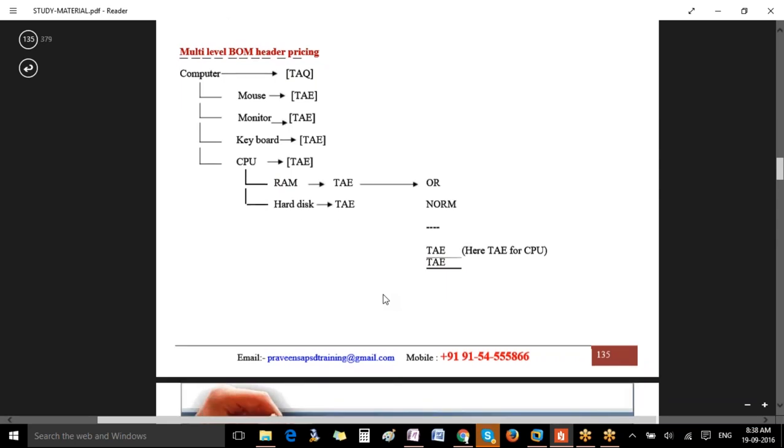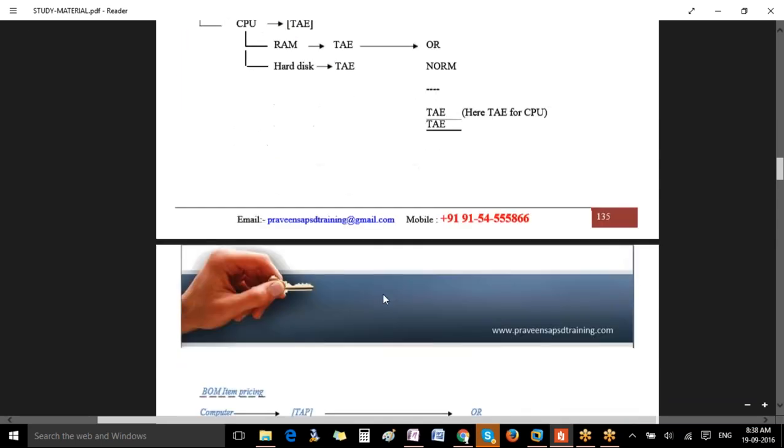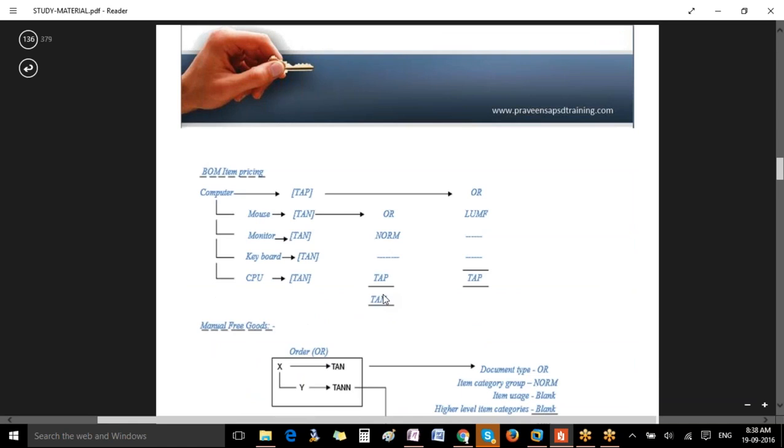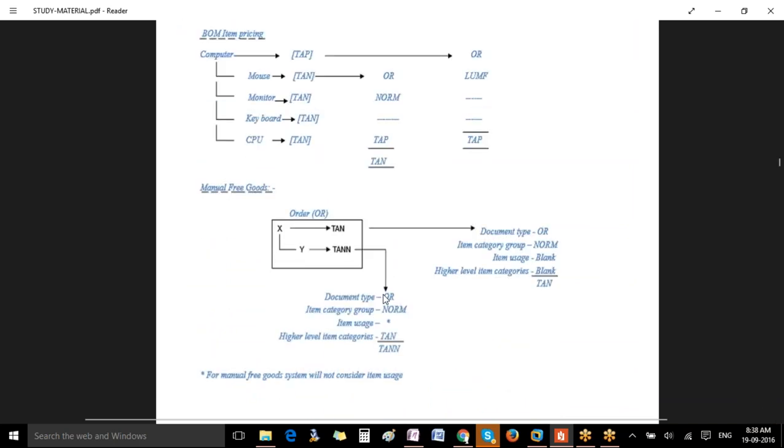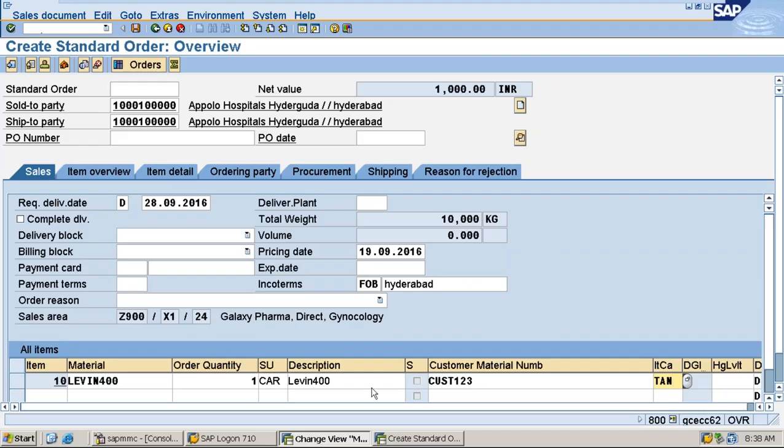See, this is only one logic. If you understand that, you can understand anything. But you should be familiar with the item category group and usage. That is a challenge for you, to remember all these things and arrive at a solution. Before I show you the system, so that it will be very easy for you to identify,